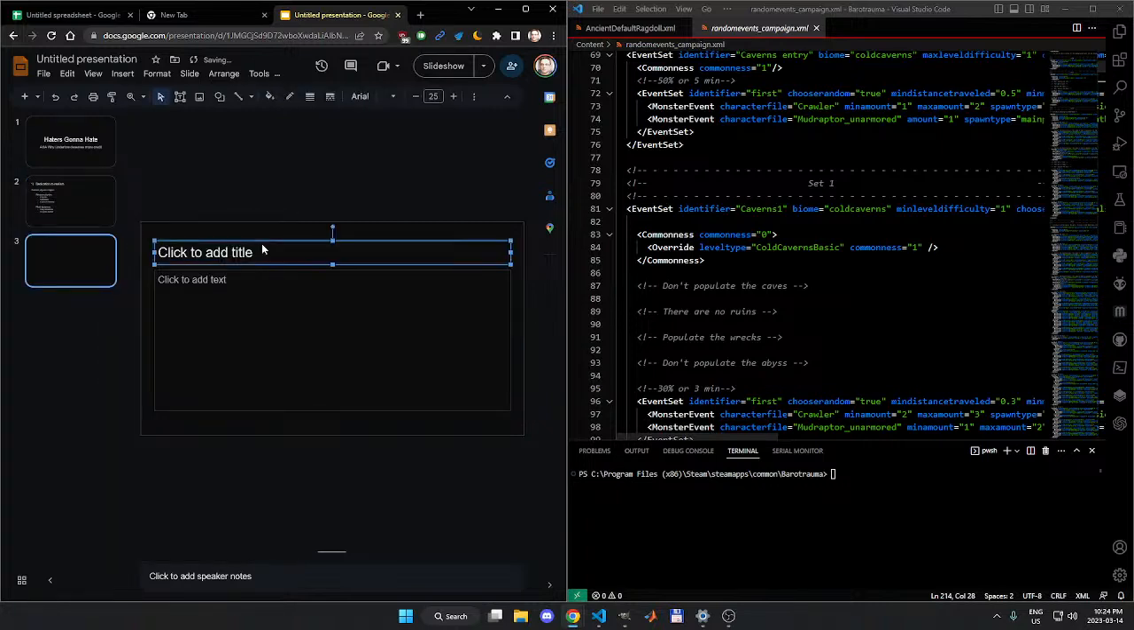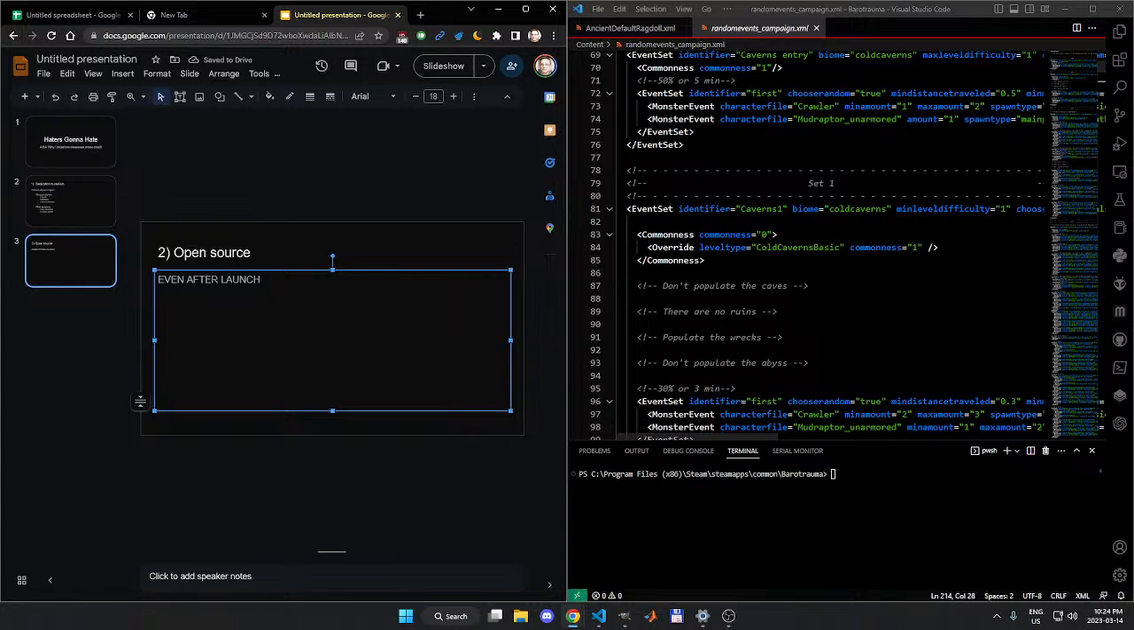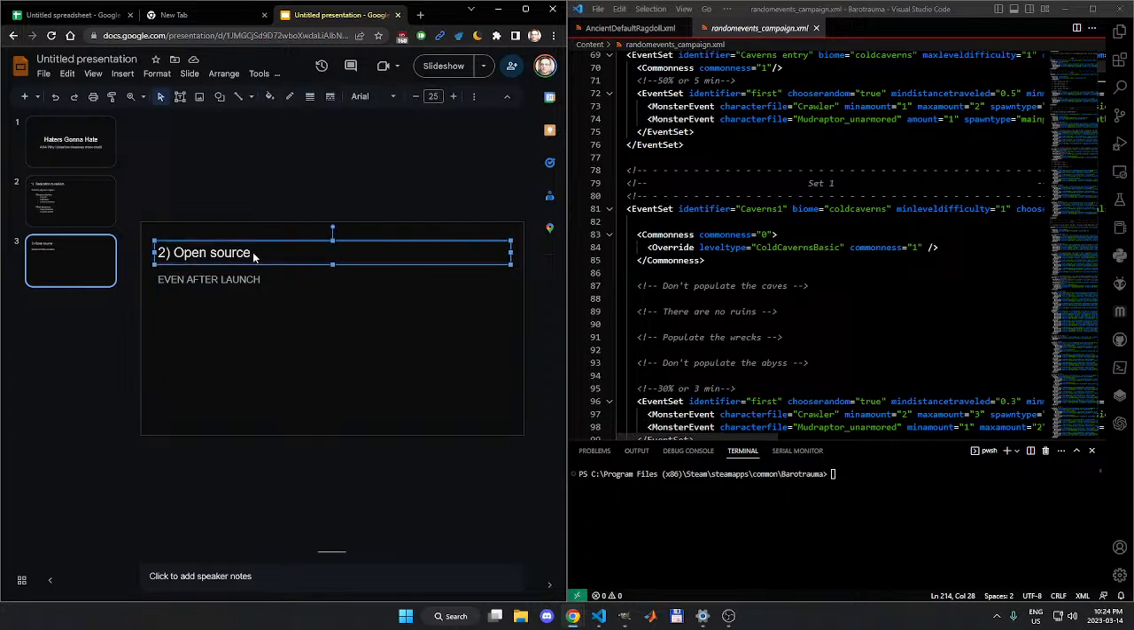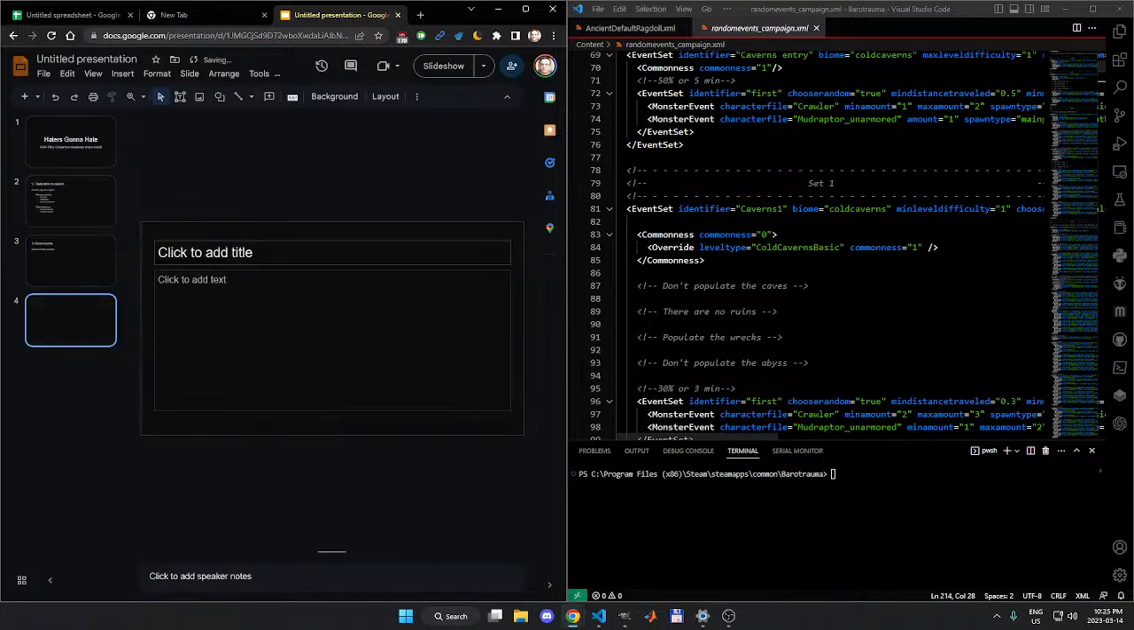All right, new slide. Number 2, open source. Even after launch, enough said. Even though they launched the 1.0, the game is still open source. You can go read the code, and if you want, you can improve upon it, submit it and fork it. They have active discussion on the issues channel. Any company that keeps their game open source, in my opinion, I find open source to be